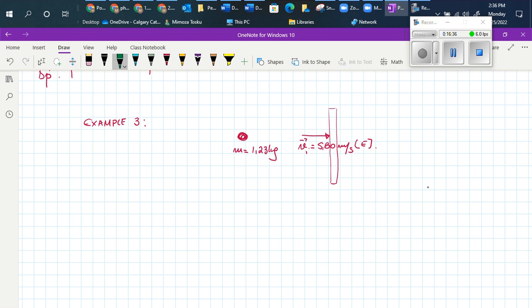And then it rebounds from the wall, so it's coming back from the wall with a velocity of, let's say,